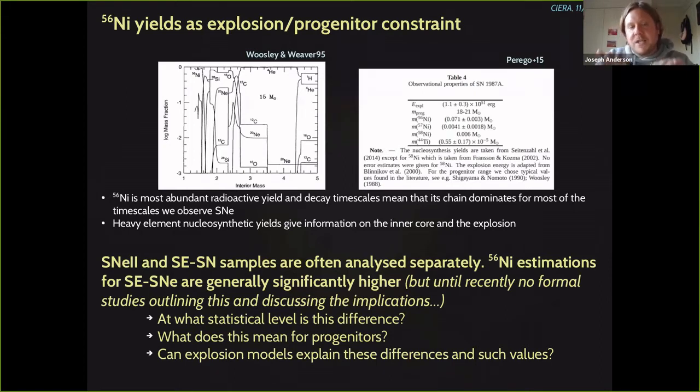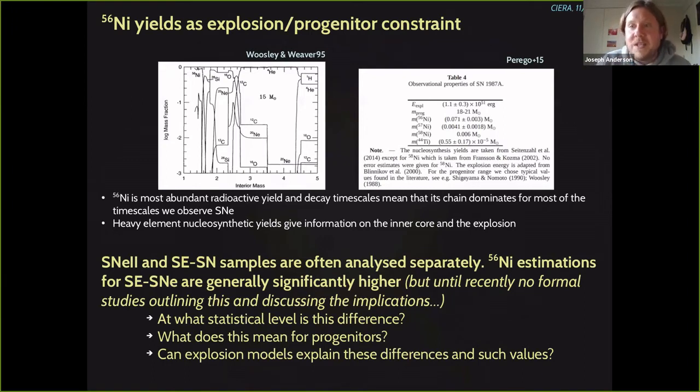Over the last decade, there have been quite a lot of large sample analyses. My work has mainly concentrated on the type 2s, but there's been lots on the stripped envelope supernovae. But they're always analyzed separately, and they always conclude and give things like nickel mass distributions, as I will show in the next slides. But because they're done in separate studies, there's not much formal discussion of how this comes together to understand the whole core collapse supernova